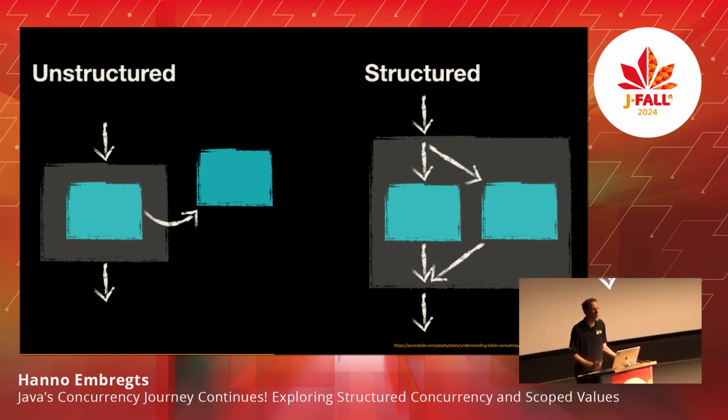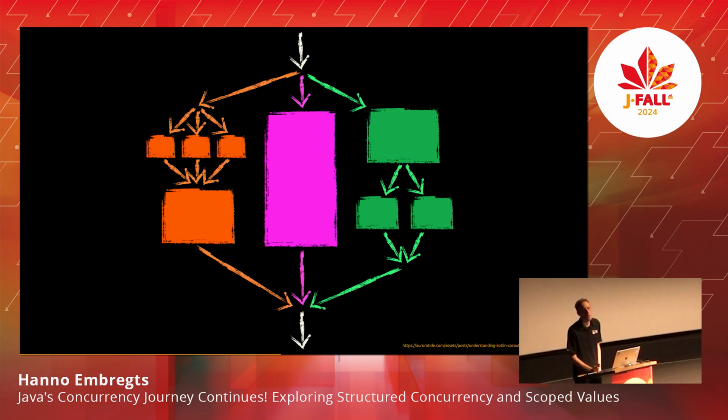But with structured concurrency, we define a specific scope in which subtasks can be spawned off, but they also have to complete within the scope. And only after the scope has been shut down, then we will be sure that all tasks are finished. This is a very simple example, but you can build all kinds of hierarchies with your subtasks, to use the logic that is in your head or in your domain, and what the best way is to divide the work, so you can use this to your benefit by creating a good hierarchy here.